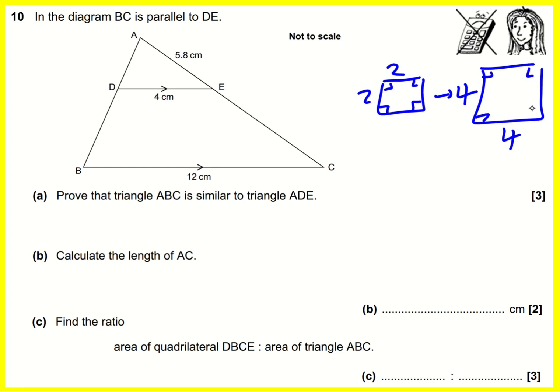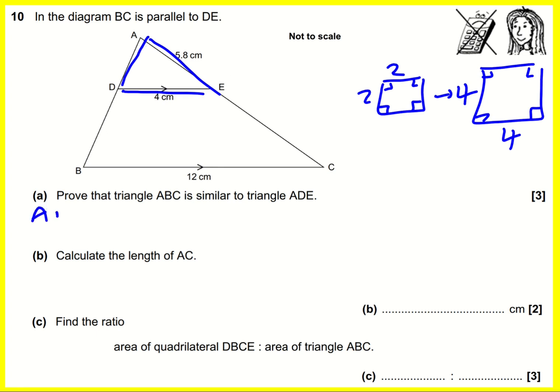So if we can show that, because actually the first method isn't going to work in this case because I've only got 3 lengths. So if I can show that the angles are the same, I'm looking at this triangle here and comparing it with the bigger triangle. So let's go ahead and do that. So how are we going to do it? So you might say that